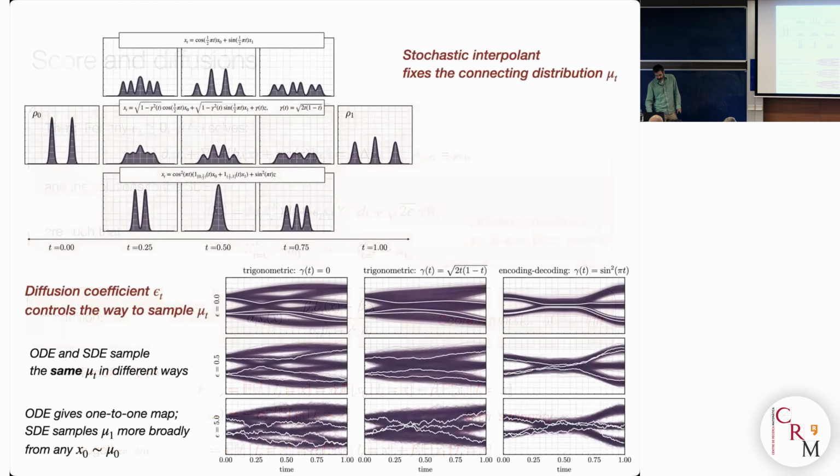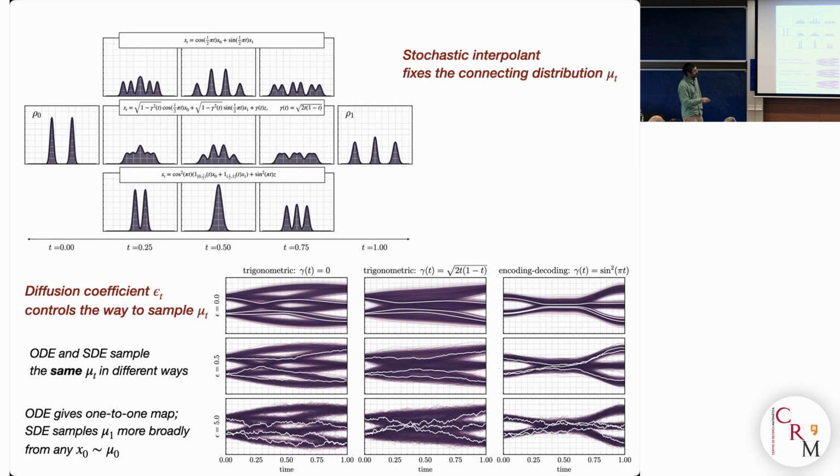Okay, so summarizing this, just so that we see things again in picture, the construction is as follows: first you can choose an interpolant, and that defines a connection in distribution space, right? For example, the choice of the interpolant could give you, if you go from this 2-mode mixture to this 3-mode mixture, one choice of the coefficients alpha and beta, you can't see that, but it would give you this path.